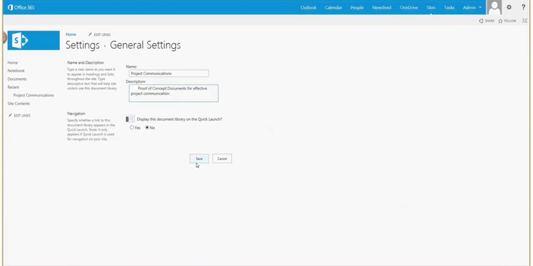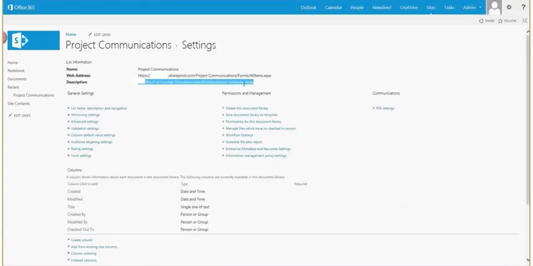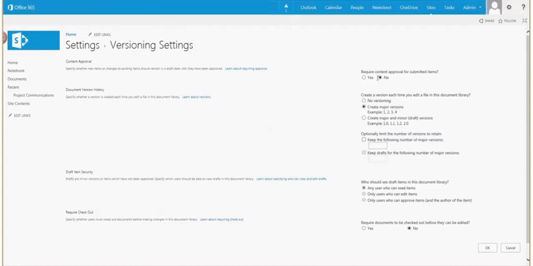And I'll hit save here, and I could put it on the quick launch if I want. In this case, I'm going to say no, just go with the default. And you'll see that my description showed up right here. I also have the ability to go in and specifically modify versioning settings. By default, they will not,